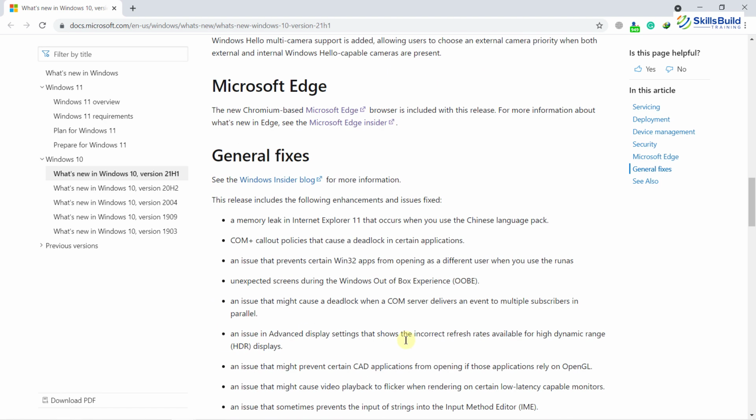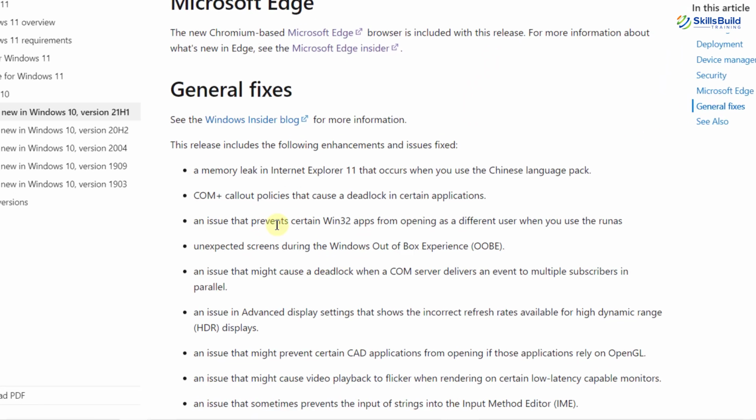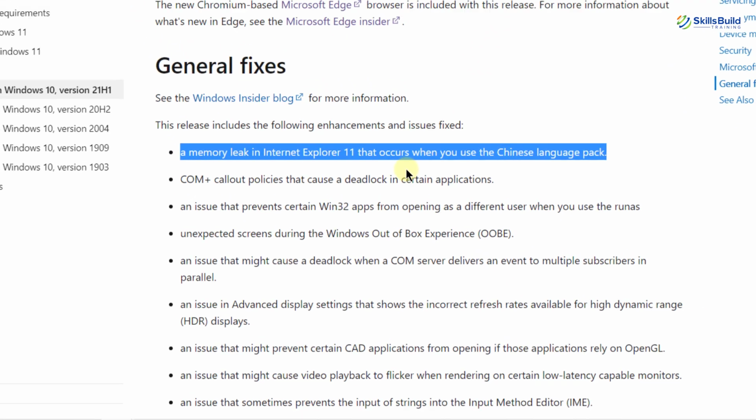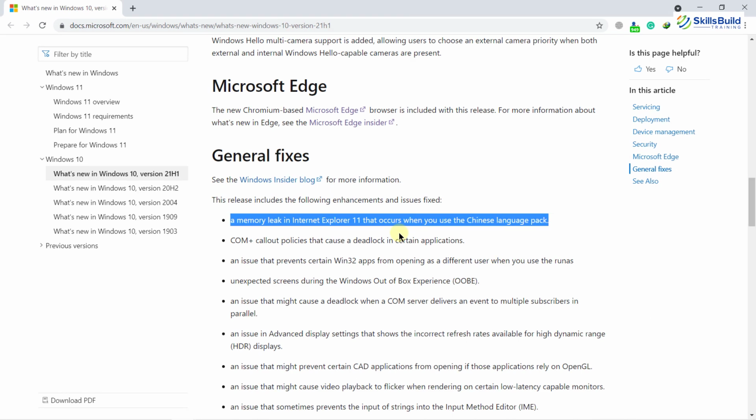A fix has been made for the memory leak in Internet Explorer 11, which used to occur when you use the Chinese language package. This is the one I'm talking about. So these were some of the issues which Microsoft has fixed, but most of them, as I have told, are for background processes. So that was all about bug fixes, feature updates and feature inclusions which Microsoft has done in this major update.